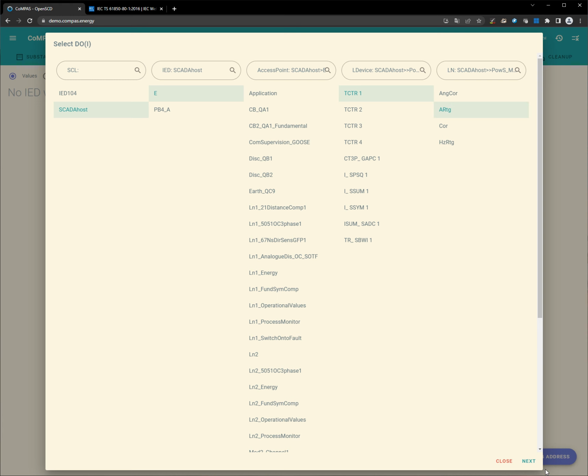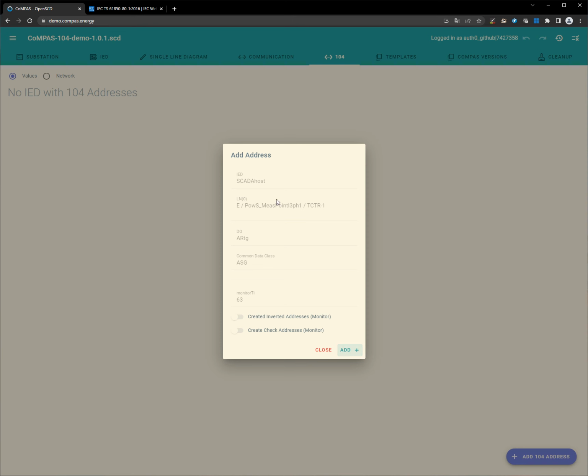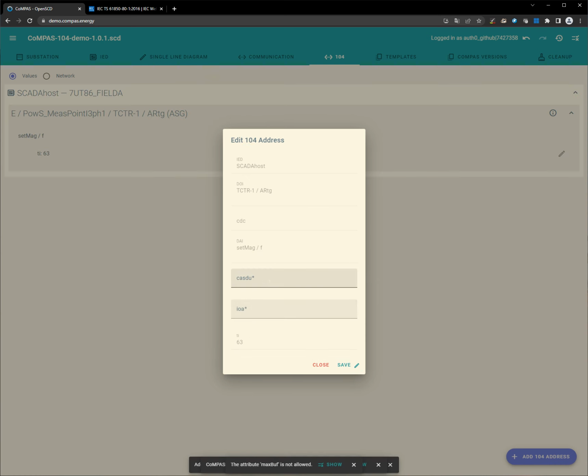So now I have selected an example 61850 path, and now it's showing what I want to make. In this case, I cannot change anything, so I will say Add,